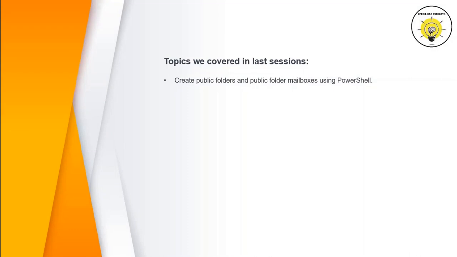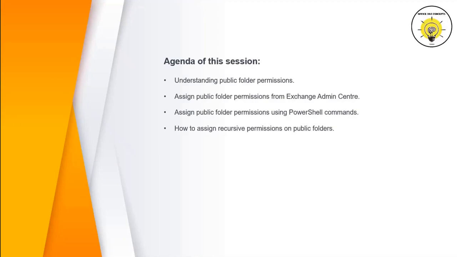In the last video, we discussed how we can manage public folders using PowerShell commands. I have shown you how we can create public folders and public folder mailboxes using PowerShell and how we can check their attributes. In this particular video, I will be discussing what are the public folder permissions that can be assigned on the user accounts. I will be discussing what users can do with each permission and how we can assign permissions from Exchange Admin